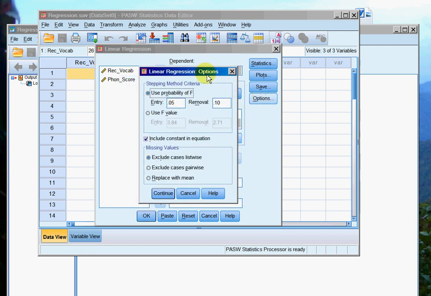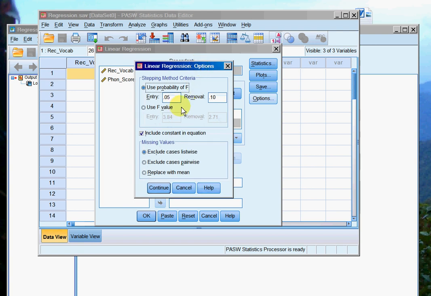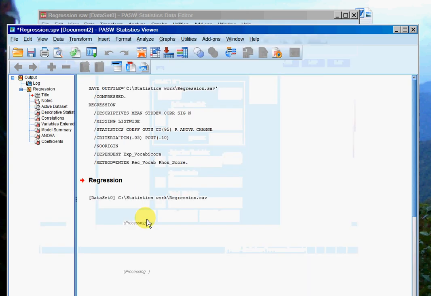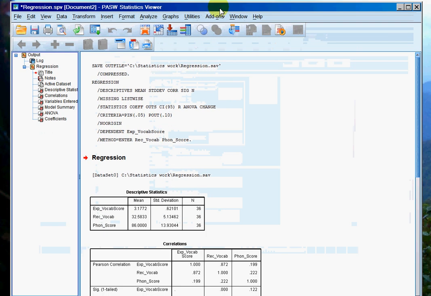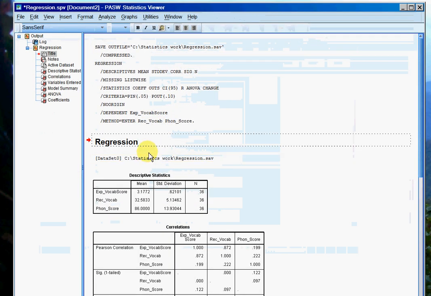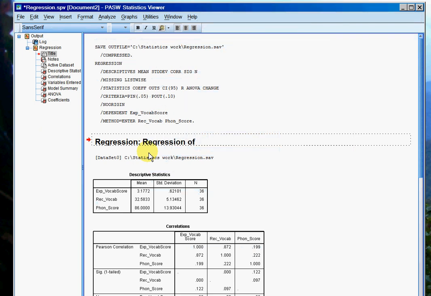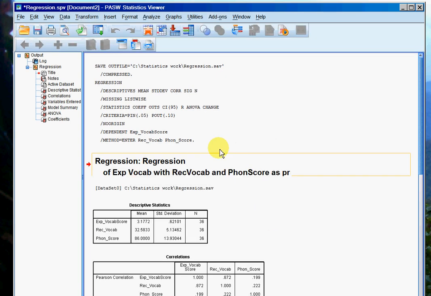If we look at the other options, so we leave these all set at their default values. Okay, and then we click OK. So we'll just give it a sensible name. Here we go, and